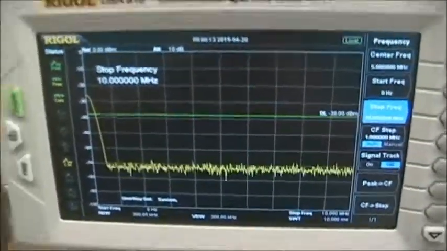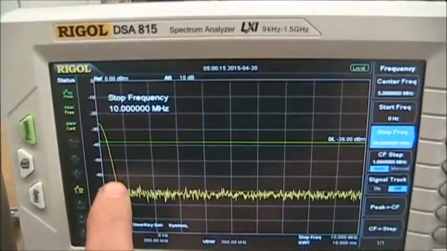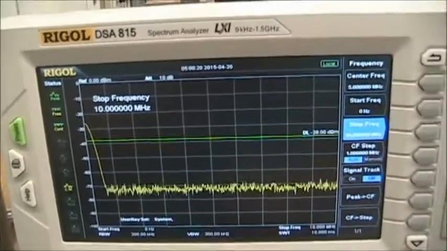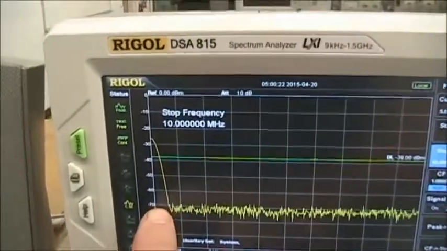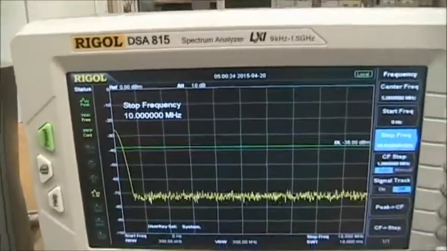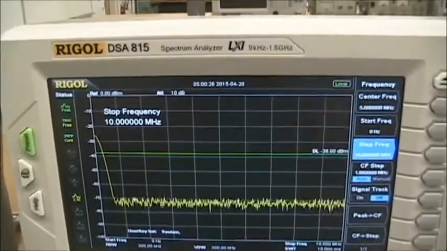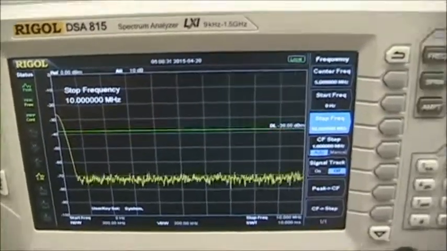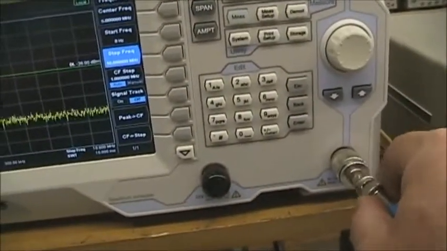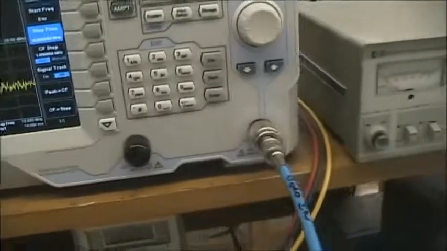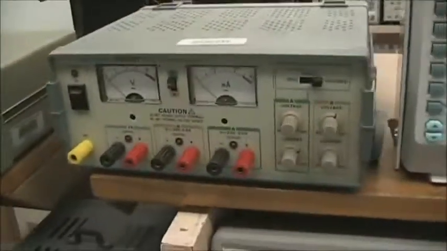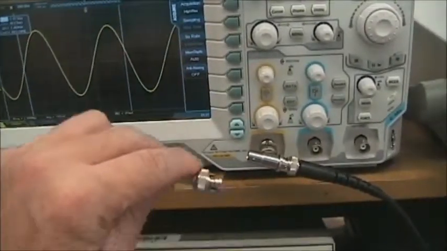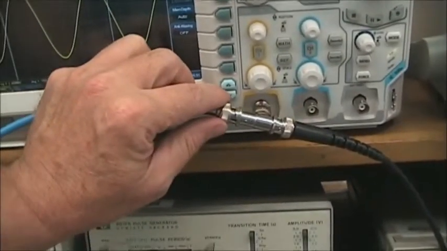Now when we look at this display, you can see something on the left-hand side and then essentially some noise after that. Now this signal is actually the 0 frequency indicator, and this is a very useful signal for us working with spectrum analyzers. So we'll connect up our spectrum analyzer. First we'll connect the signal on the analyzer, and then we will connect up to the scope signal. Now using the T connector,